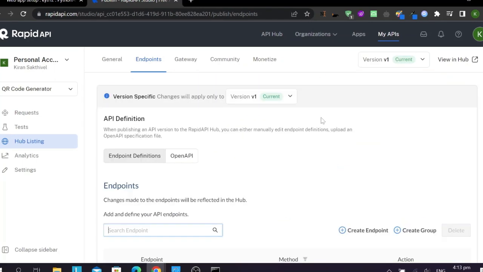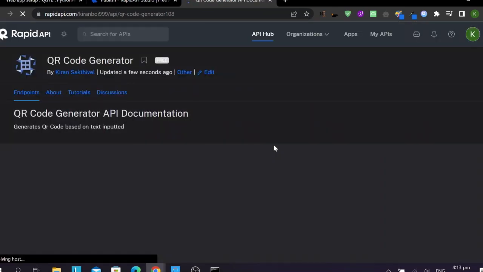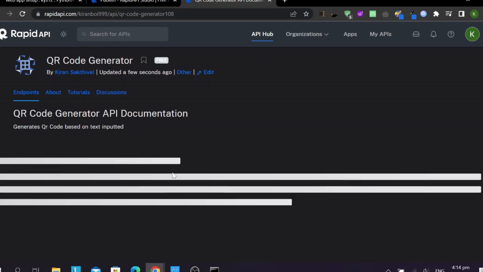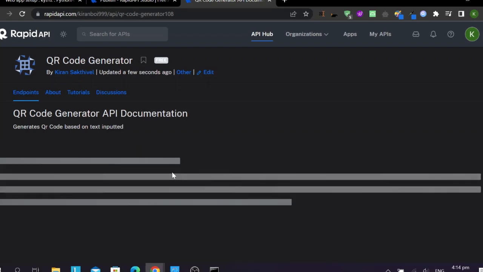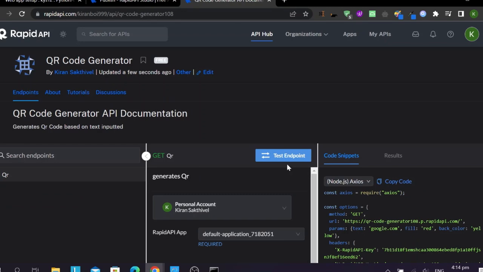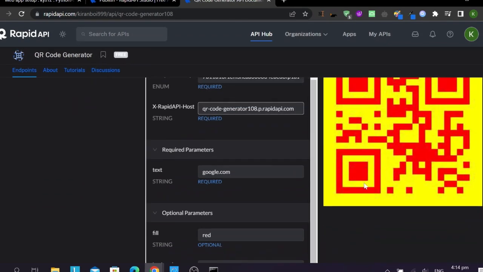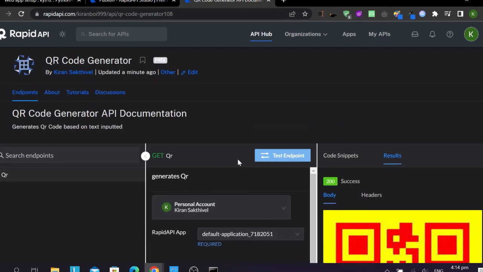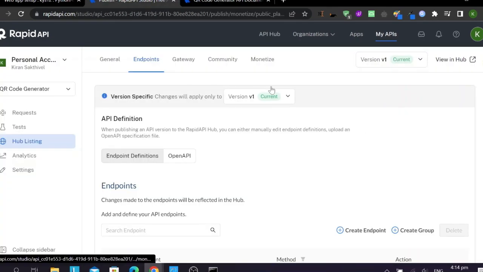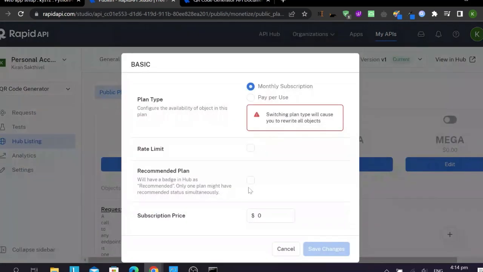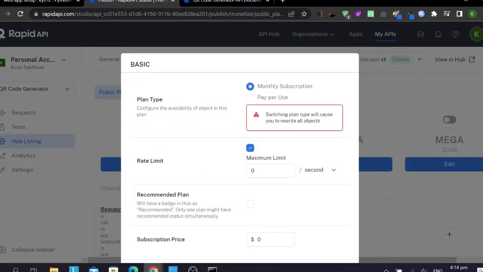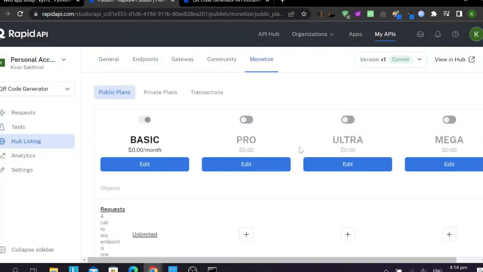Next, what you're going to do is go to view in hub. And then wait for this to load. And then you're going to press test endpoint to test the API to see if it works. And as you can see, it's 200, which means a success. And now if we're going to monetize this, go back to the previous page and press monetize. And here's all the monetization options. There's the basic, there's a rate limit, and also you can charge extra if they go over the limit. There's basic, pro,